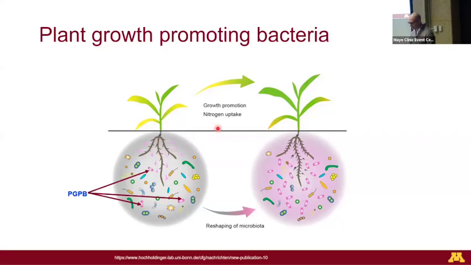But then let's say that we use this bacteria, we culture it, and then we make a commercial product, and we start using this product to inoculate the plants. Now you can see there's a lot more of those bacteria in the soil, and therefore the production of, for example here, nitrogen is much higher, and the plant would actually start benefiting from having the nitrogen being